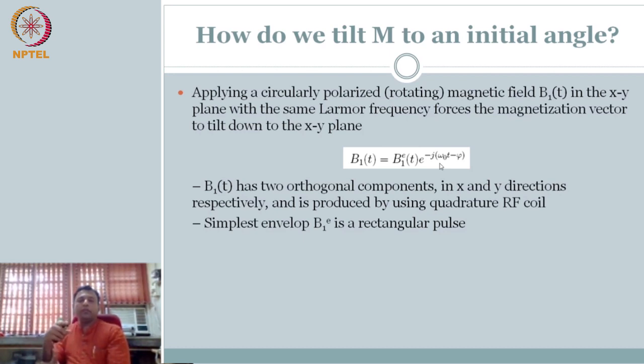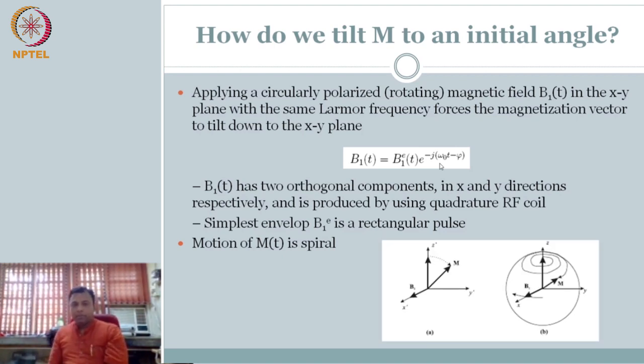So the simplest way to think about this envelope is a rectangular envelope of the pulse. So you have this rotating magnetic field that is switched on and switched off. When it is on, it has the same amplitude. That's what this envelope is saying, right? Okay. So how is the motion? We have seen a few animations, so I know it should be intuitive. The motion is going to be a spiral, right?